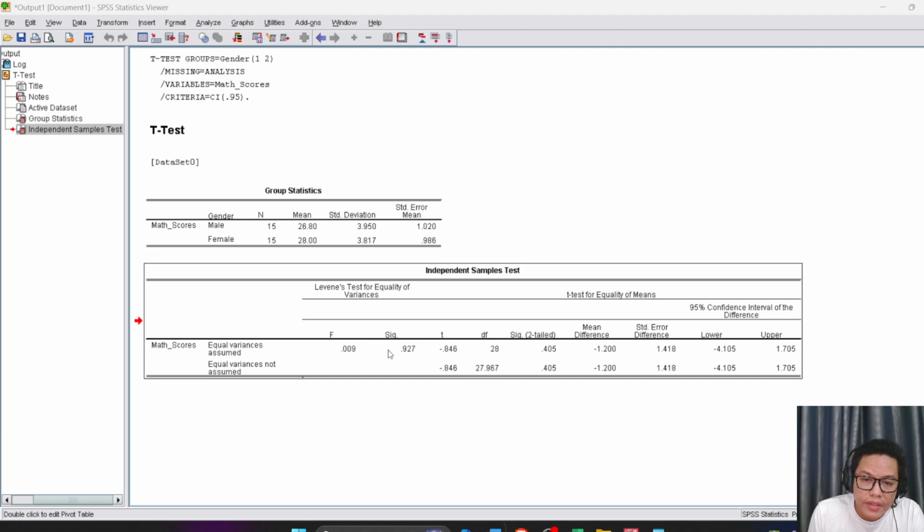This one. It shows here it's 0.927. Now, remember, ma'ams and sir, if the Levene's test, this is the Levene's test of equality of variance, if you could see that it is not significant, you have to look for the value of equal variances assumed. So right here, then you have to look here for the t-tailed value, which is